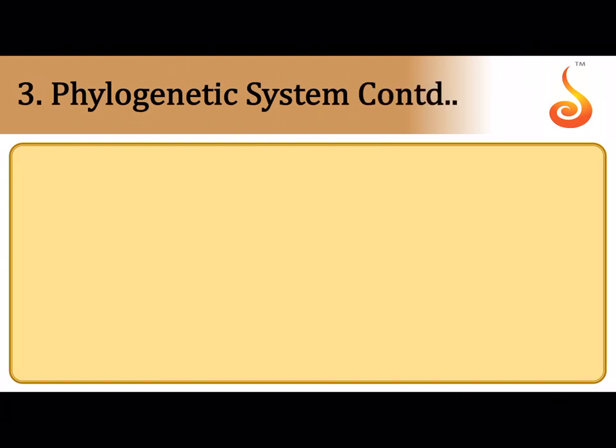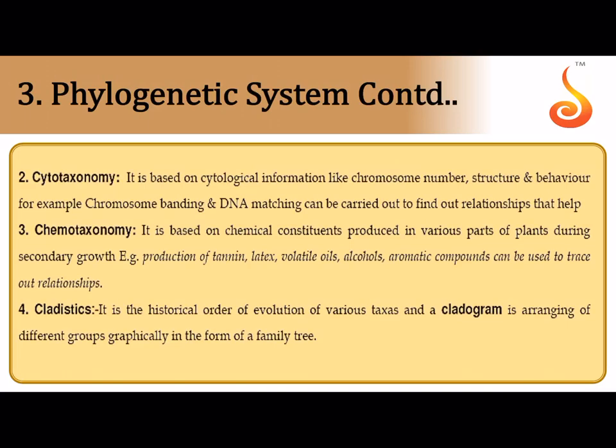Okay. Then comes cytotaxonomy. Cyto means it takes into account cytological information, chromosome structure, chromosome number, cellular structure, and also takes into account genetic material, that is DNA, and features of, for example, the DNA sequences. Chemotaxonomy takes into account, like we discussed, phytochemicals. There are so many chemical constituents that are produced by the plant as the plant matures and starts undergoing secondary growth. Secondary metabolites whose function in the plant is not exactly known, but we make use of it for